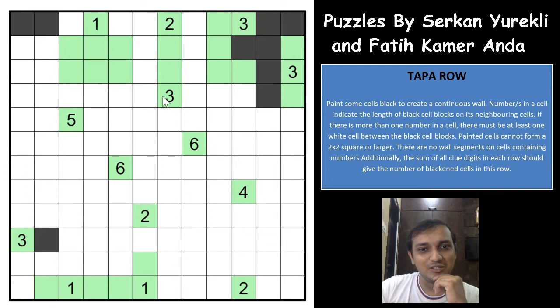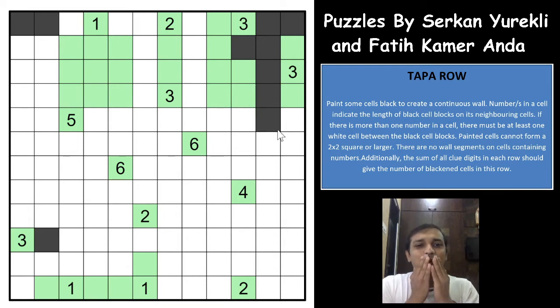So again, the 3 clue here, we will have 3 shaded cells in 3 different areas. You have already one shaded cell here. You will have one of the other shaded cells either in this area or this area, somewhere here, right? And you will have one shaded cell somewhere in this area coming down. So you have 3 shaded cells already, which means all the other cells will have to be unshaded. What an excellent piece of logic this is, guys. And with that we get the 5 clue.